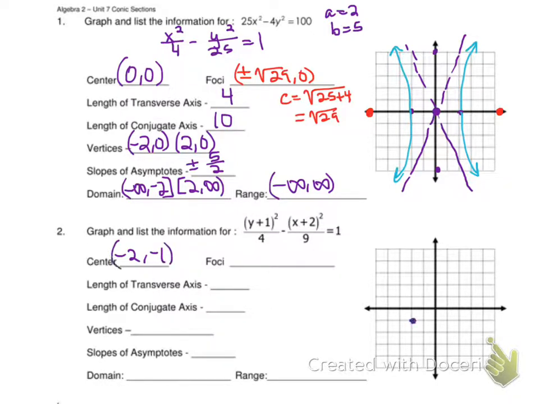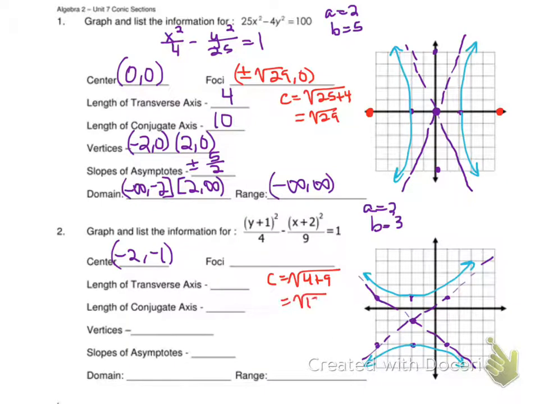Okay, hopefully you've given this a shot, and now you're ready to watch. So A is 2, B is 3. I start by drawing my center and the vertices, and then the asymptotes. In this case, I'm going to go up 2 and over 3, down 2 and over 3. Okay, draw the asymptotes, draw the function, find the foci. In this case, it's the square root of 13. So I know that I'm going to do it to the y because I'm vertical, so up and down. Transverse axis is 4, conjugate is 6,